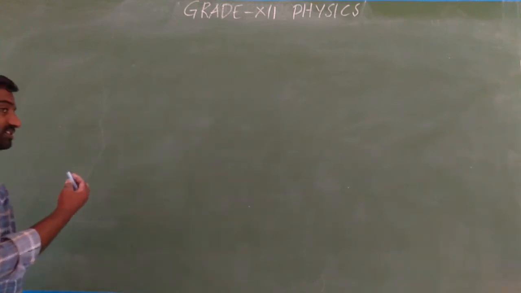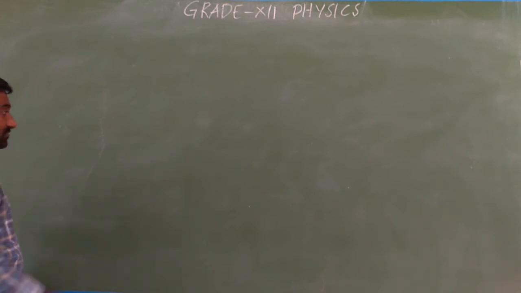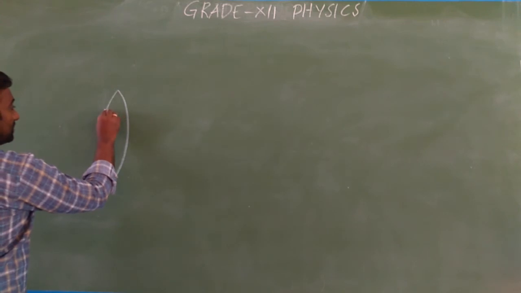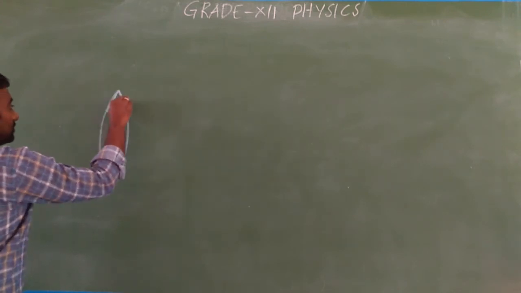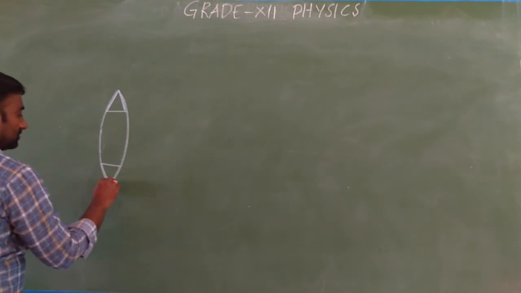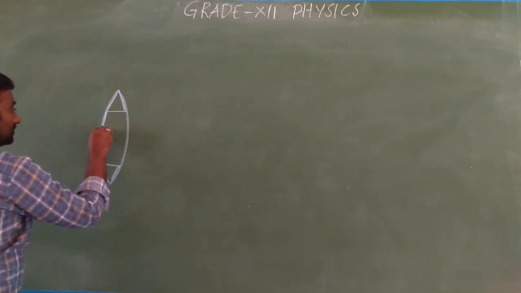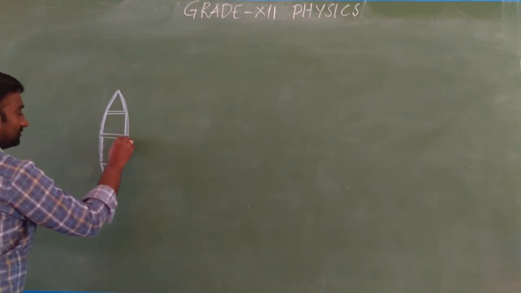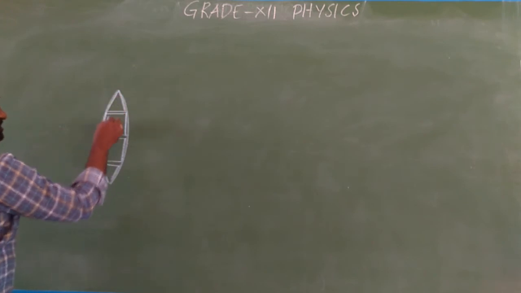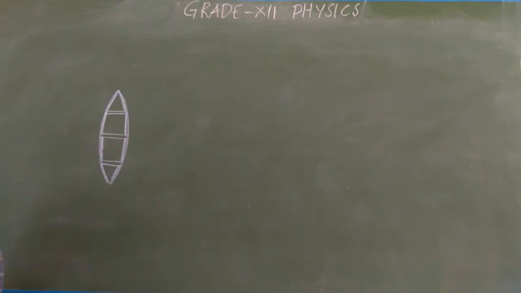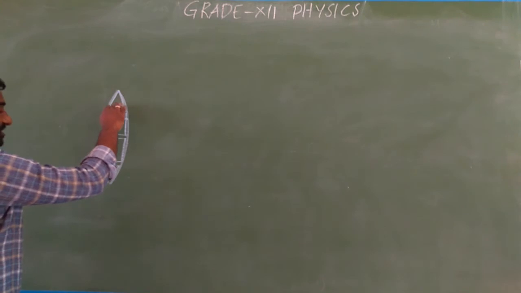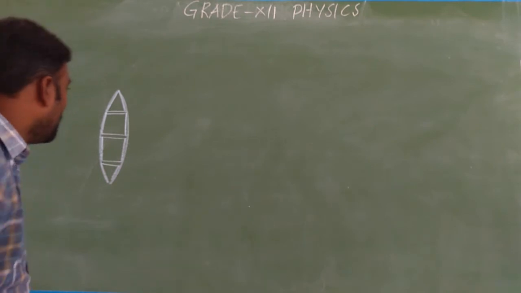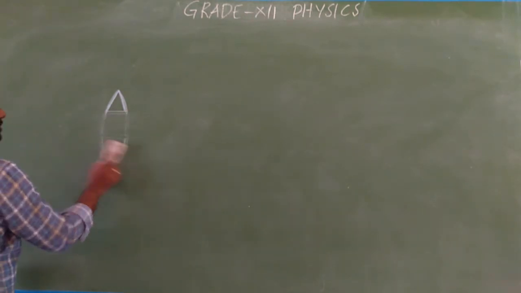And a lens also acts like a prism. We know this is a lens. In this lens we can split it into two prisms, and this part is like a glass slab. So a lens also acts like a prism in this combination. A lens is maybe a combination of two glass prisms with a glass slab. Now we are going to see how refraction occurs in a prism only.